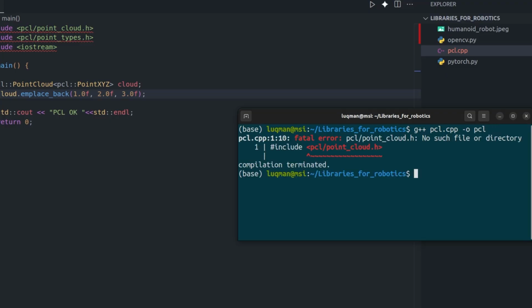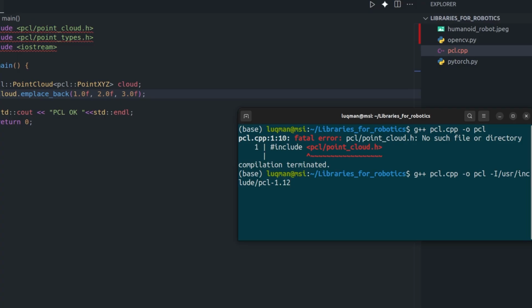If I press enter, it's going to give me an error asking where this file is. Although we checked that this is available in our system, we have to provide the path to it, unlike Python. So -I represents include, /usr/include/pcl-